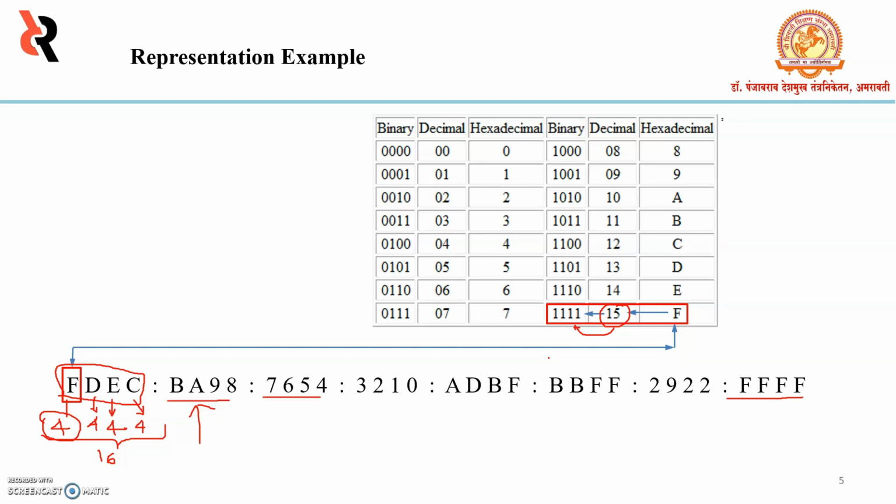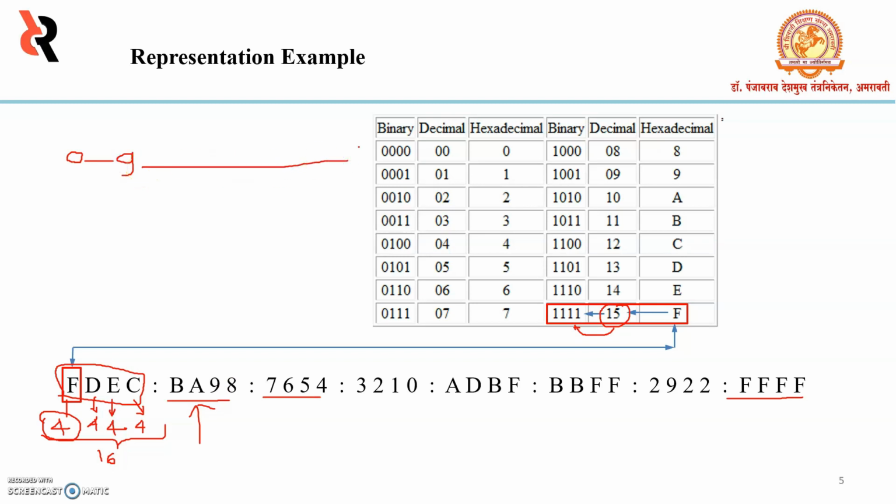Hextets, or hex states, range from 0000 to FFFF. Each of these segments is 16 bits. In a similar manner, we'll represent this in hexadecimal. So BA98, we know that from 0 to 9 we can represent in binary.